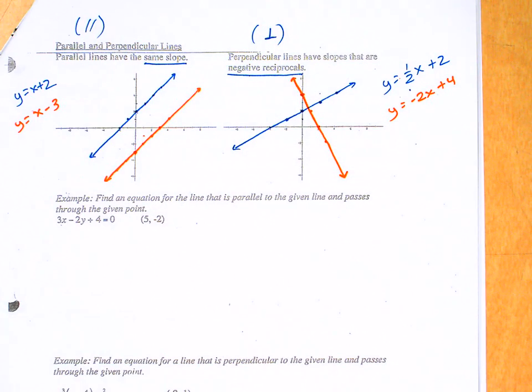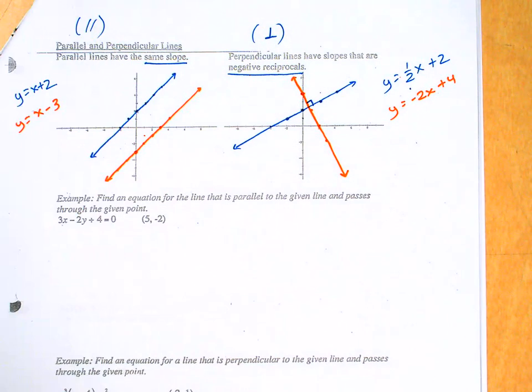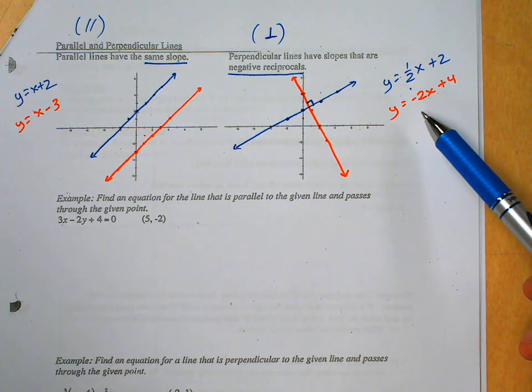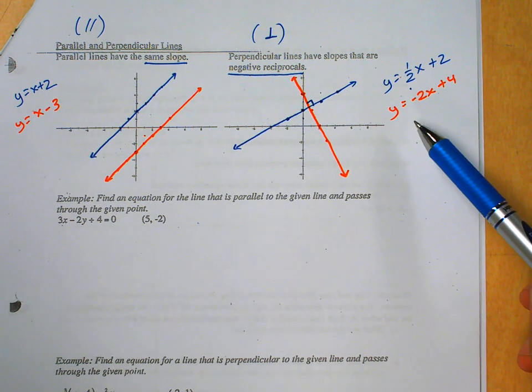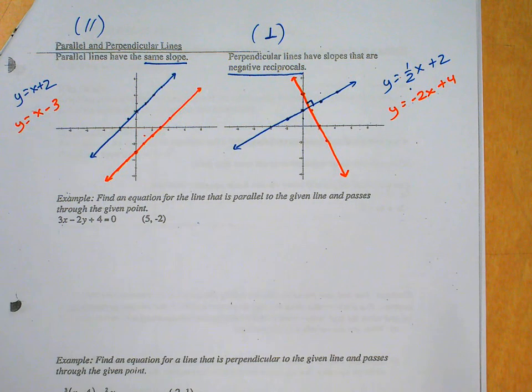And you'll see these two lines look like they intersect at a 90-degree angle, which they should because the slopes are negative reciprocals, or sometimes you hear it said opposite reciprocals. It means the same thing. The sign is changed and the fraction is flipped. So,